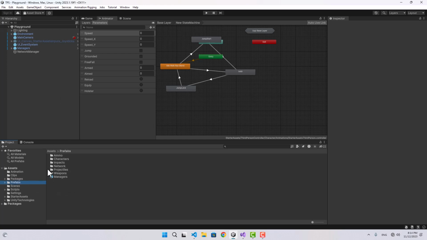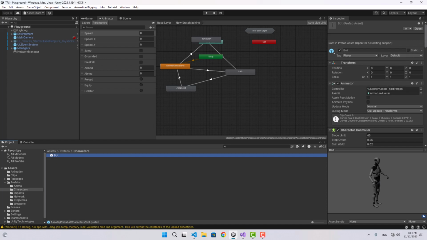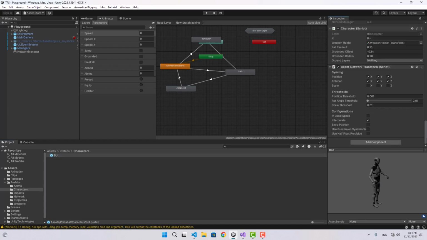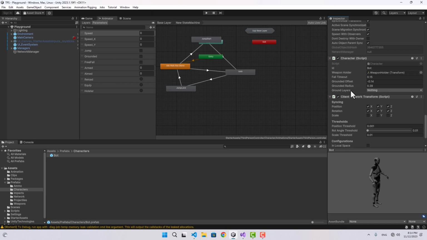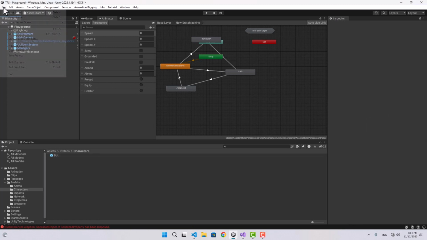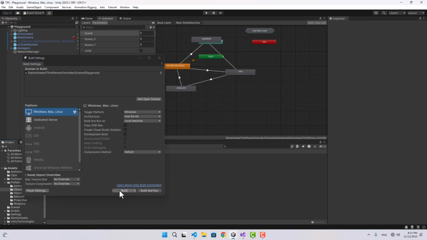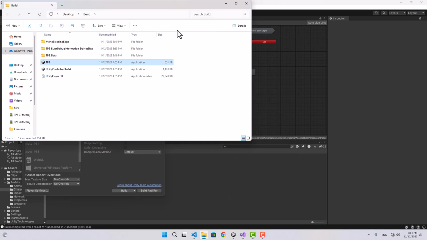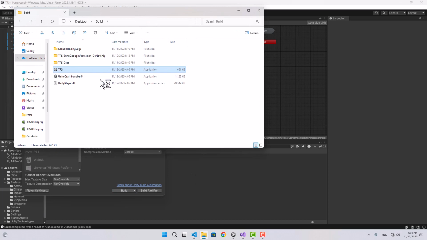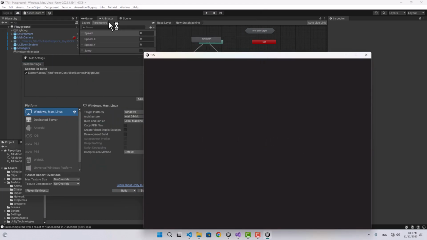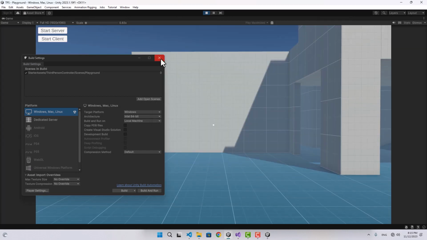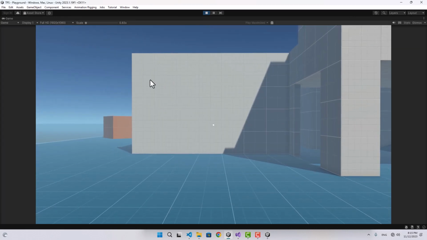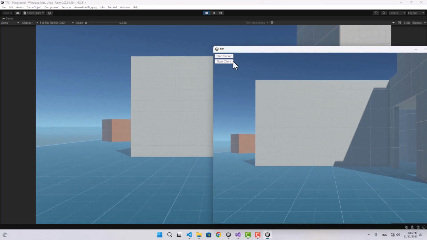Before we get a build, let's go to the prefab characters, select our character, and let's go to the character script. Here on the ground layers, I'm going to put it on default. So yep, that's it. Let's get a build and I'm going to put it in the build folder that I created. So here we go. Let's start this. And also let's play the editor as well. Now if I choose this as the server and this one as the client,